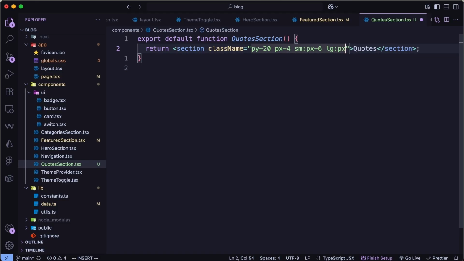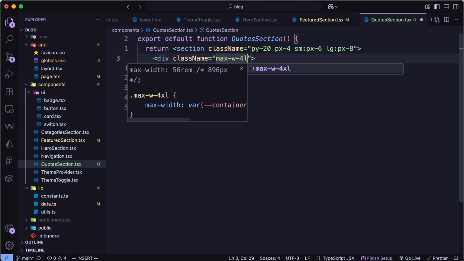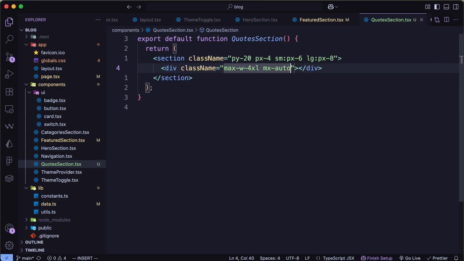For larger screens let's add padding left and right of 8. And in this, let's go ahead and create a div, and let's add some class names over here. So let's type max width of 4xl and mx auto to bring it to the center. And in here, let's create a